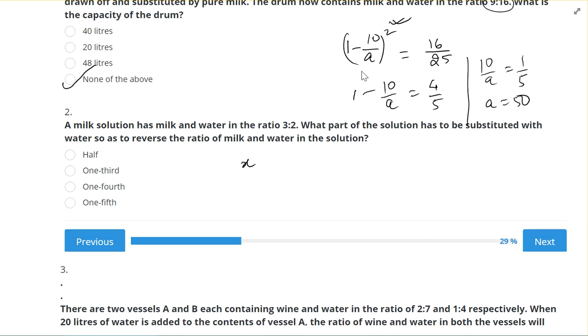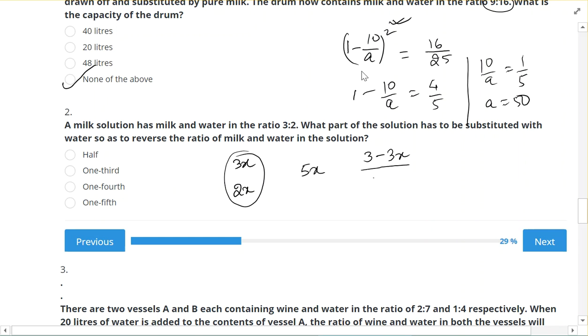If x part is removed, then 3x milk is removed, 2x water is removed, and we are adding water in replacement to this, so 5x water we are adding, hence 3 minus 3x,